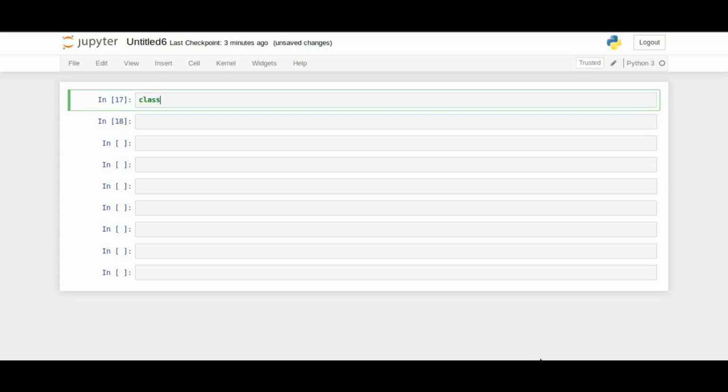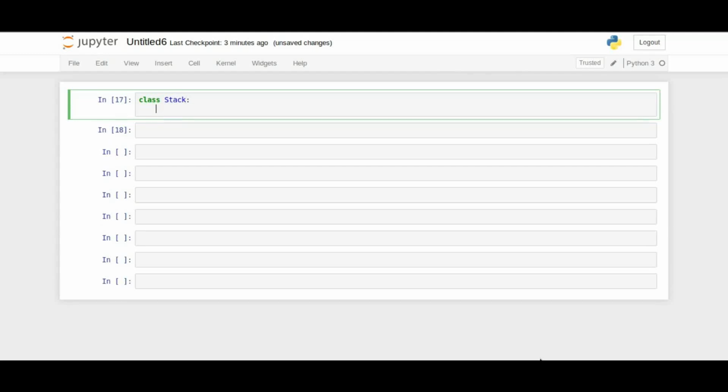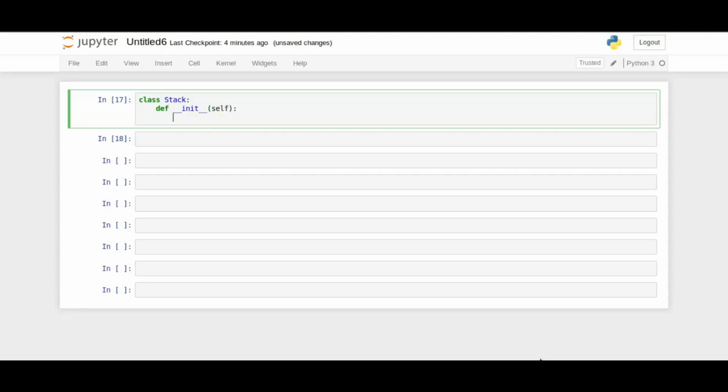Let's define a class called stack and define also the initialization function in it. It will take the parameter self, and using self I will define the empty stack, self dot items equal to an empty list. Okay,